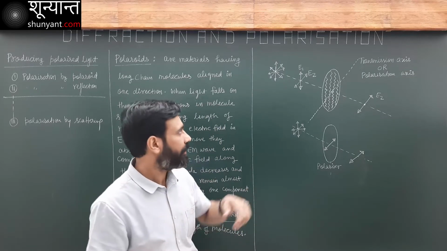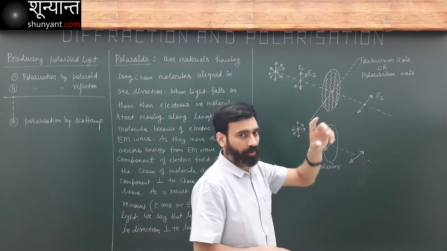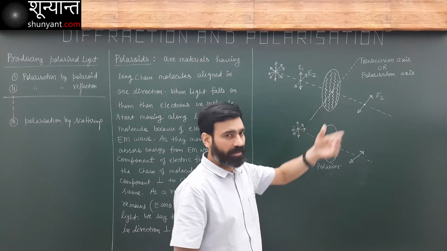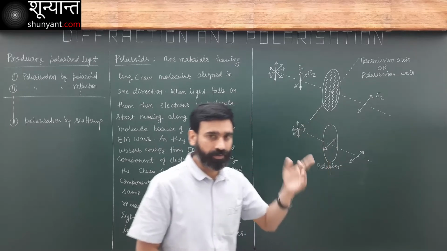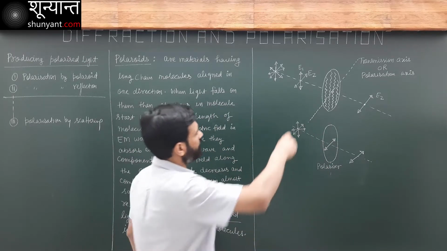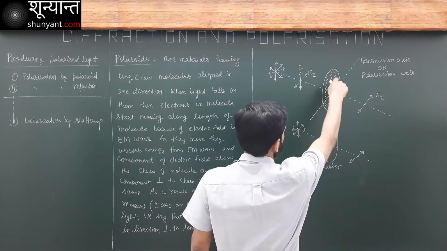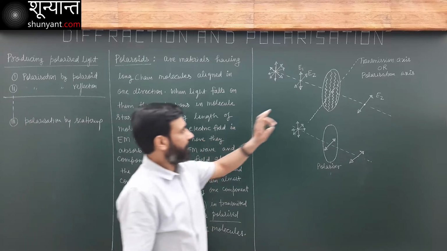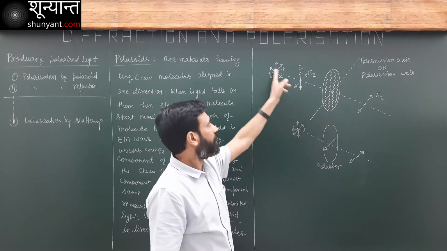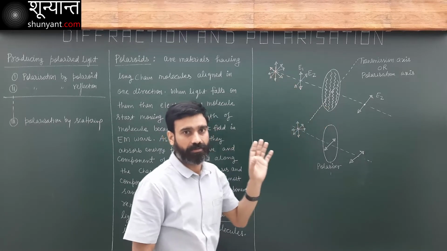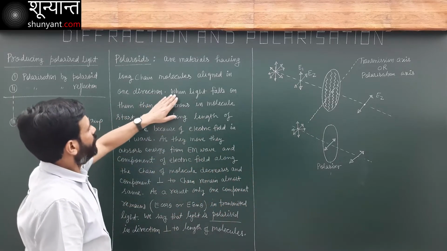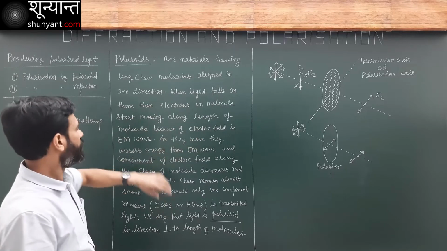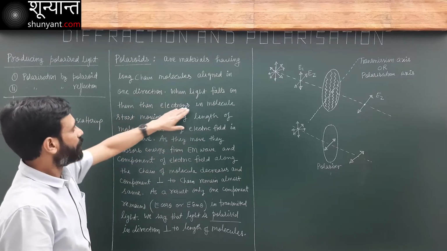From that type of material I have made this small, let's say, transparent disc, or a sheet made of such material. So it has long chains of molecules, and all the molecules are aligned in one direction. And on this the unpolarized light is incident. Then what happens? When light falls on the molecules of this material, then electrons in the molecule